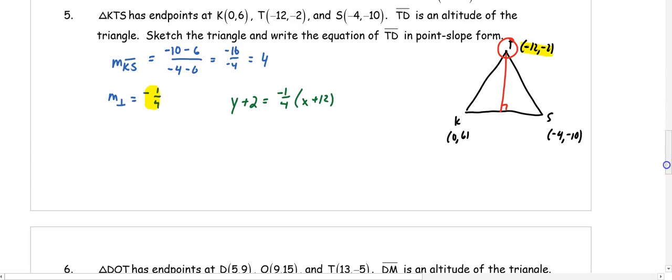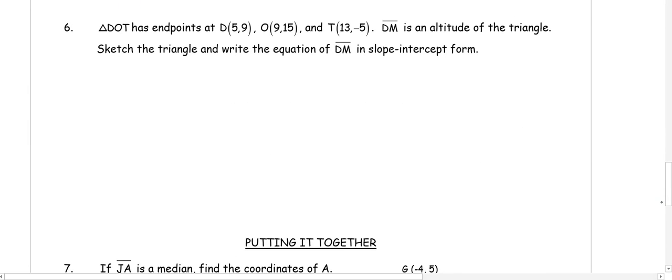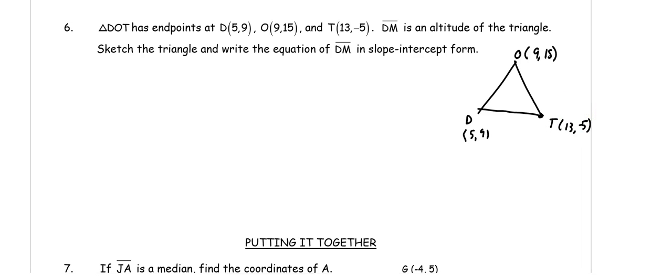Number 6, we're going to draw our triangle and we're going to find the altitude DM. I have D is at 5, 9, O is at 9, 15, and T is at 13, -5. So I want the altitude DM, so the altitude is going to go from D to the opposite side and create that right angle. So I already know I'm using point D. I need to find my slope though. So first I find the slope of OT,